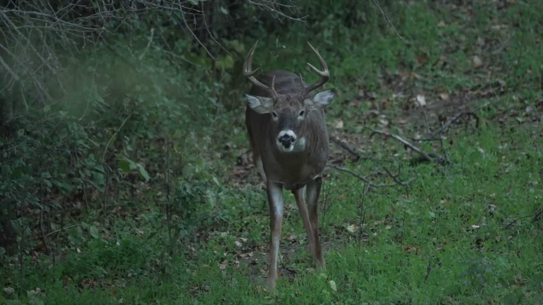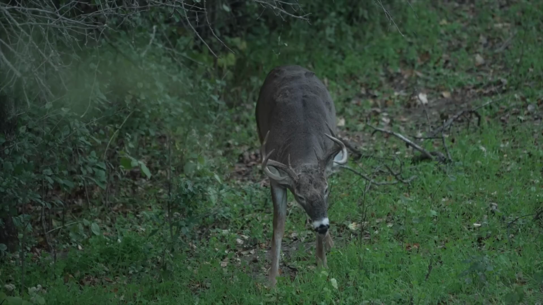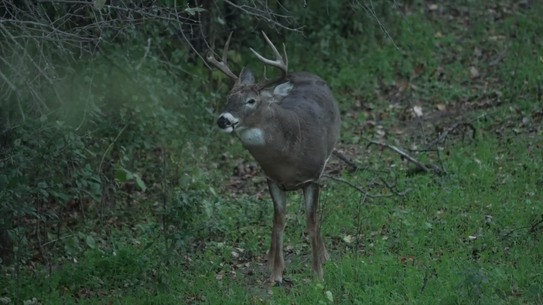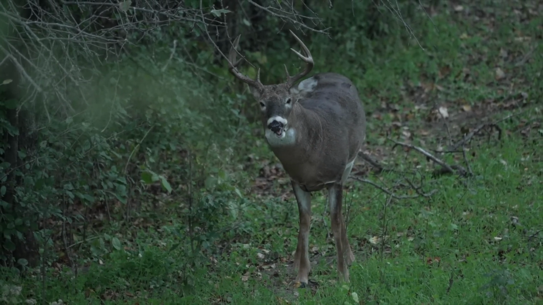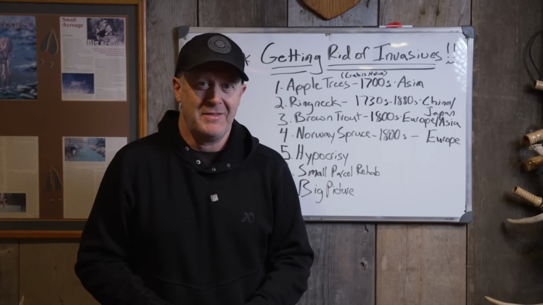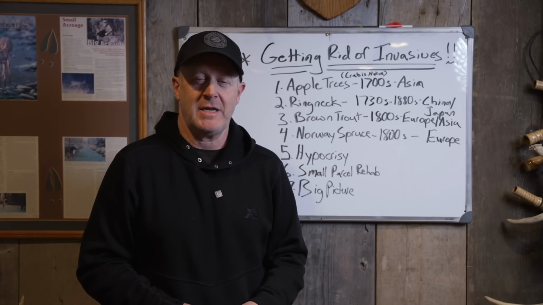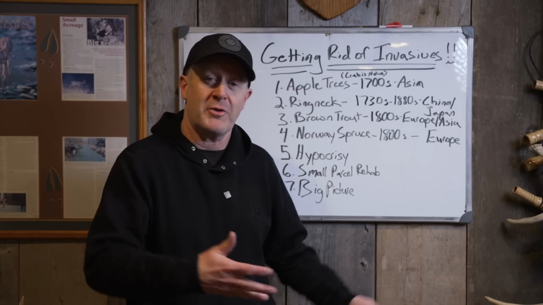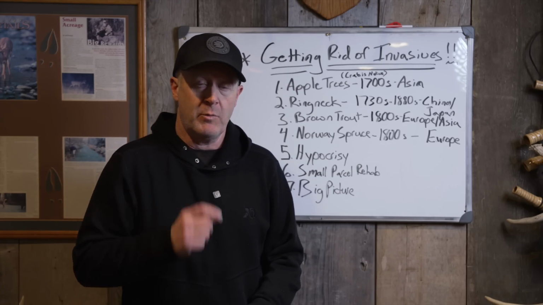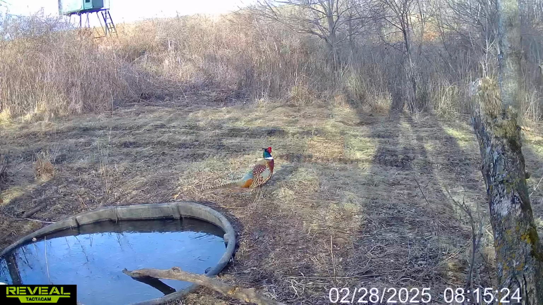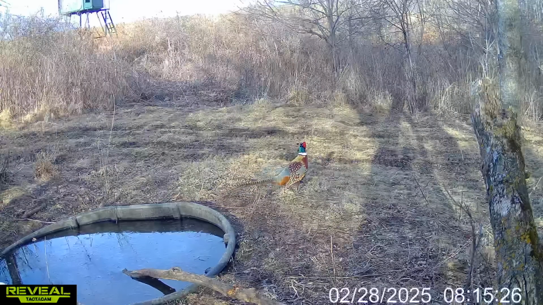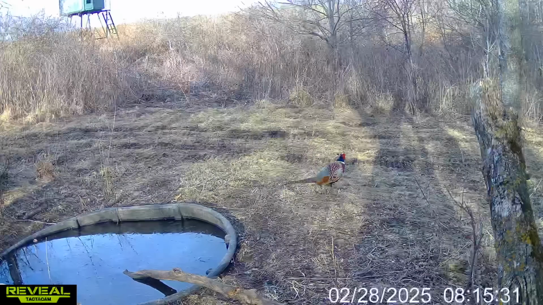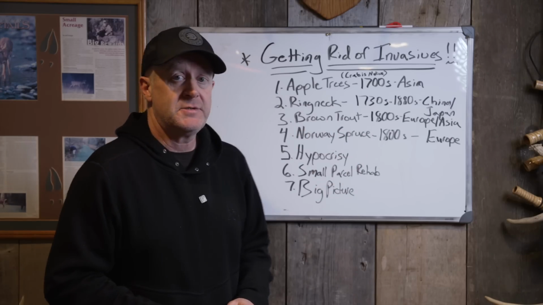Did you know the ringneck pheasant was brought here between the 1730s and 1880s? It was first attempted in the 1730s, and I think it was really solidified in the 1880s, but that's from China and Japan. How many of you hunters out there love going pheasant hunting, but can't stand Chinese imports? Well, maybe that's why you shoot pheasants. I don't know, but they're originally from China. Ringneck pheasants. Brown trout, 1800s, Europe, Japan, Asia. Norway spruce. Where do you think Norway spruce come from? 1800s, they're from Europe.